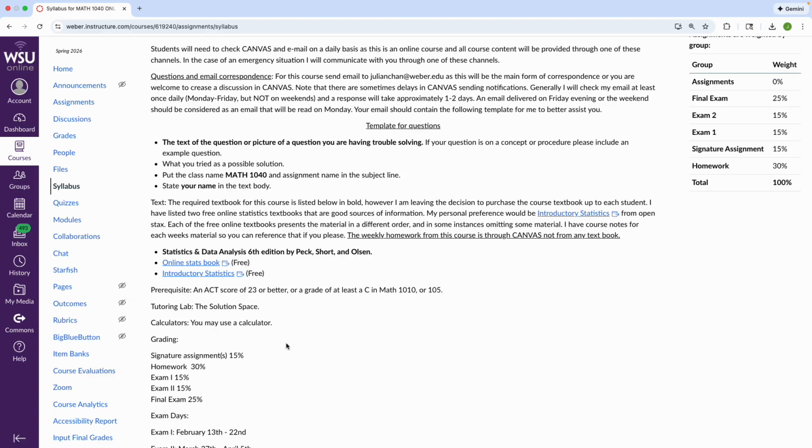Now, the text for this course, you can use any of these, or I've had students that are completely happy just using my lecture notes and online materials. The textbook, as designated by the math department, is the one that's in bold here. So ultimately, the choice of how you learn is up to you, and so you get to make that decision.